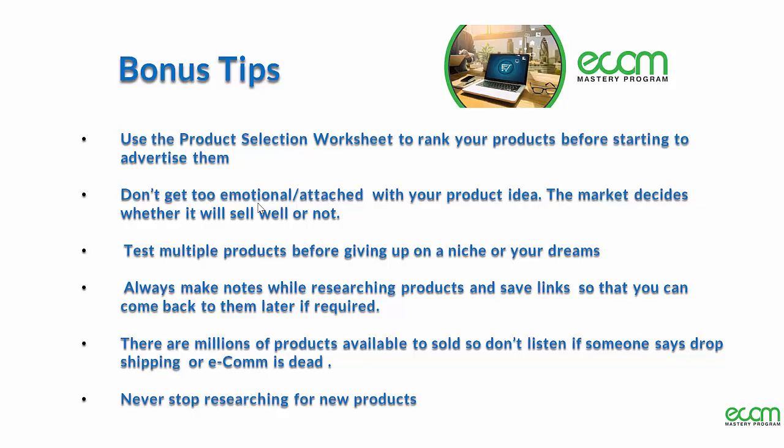So we don't want to get too emotional and too attached to that product. If the product works, that's good. If it doesn't work, we just move on to the next product. There's millions of products available to be sold, so we just move on to the next one and then try and find a different product. Okay,